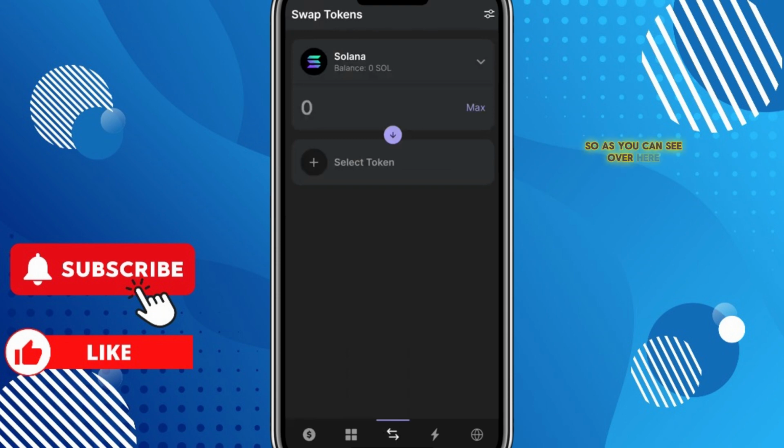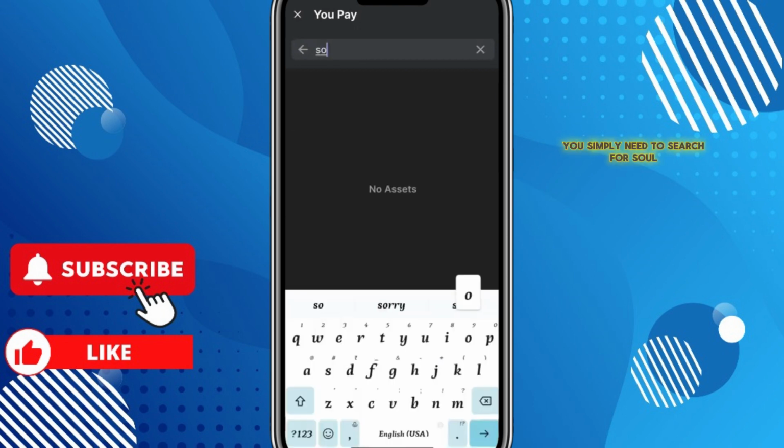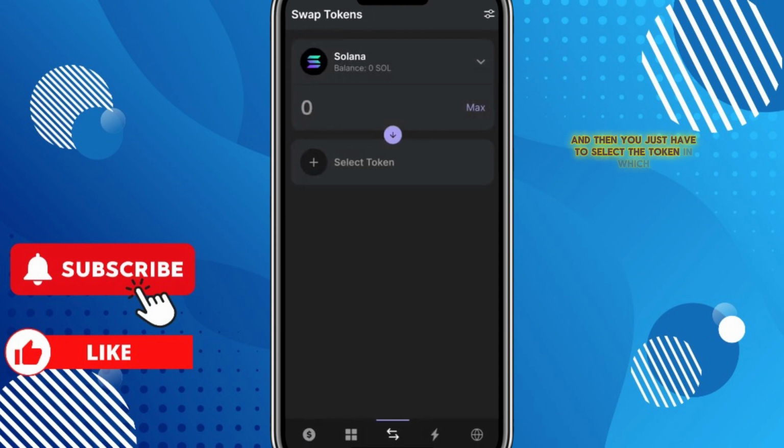So as you can see over here, it is selected as Solana, but if in your account it's not selected as Solana, then you need to tap on the drop arrow button, and then in the search bar, you simply need to search for Sol. After that, you need to select Sol, and then you just have to select the token in which you want